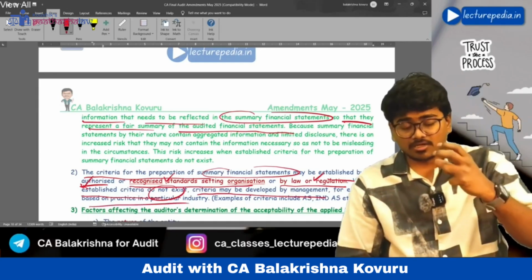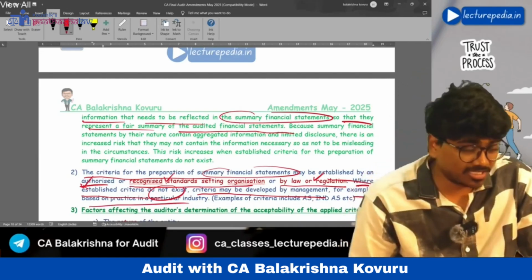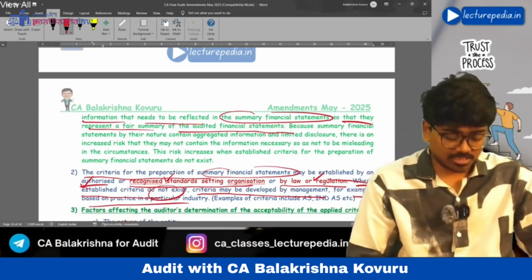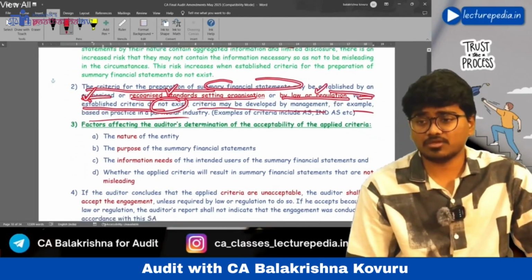Okay, if the financial reporting framework for preparation of summary financial statements is not there, then management themselves can develop the financial reporting framework.